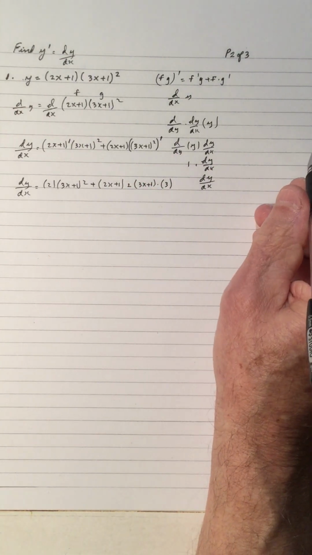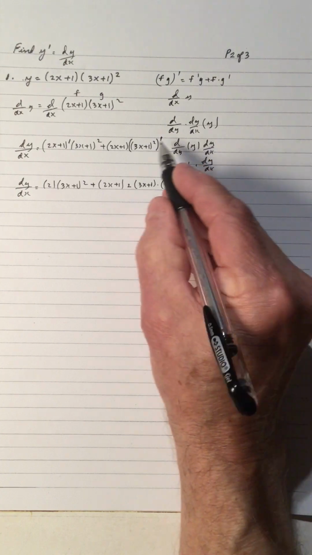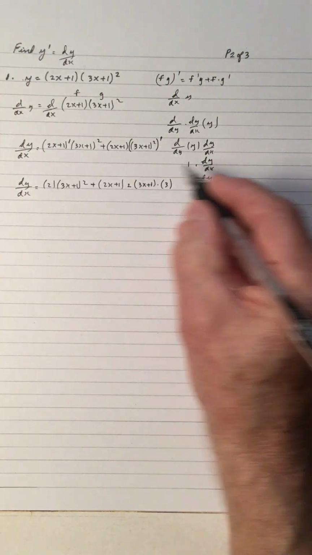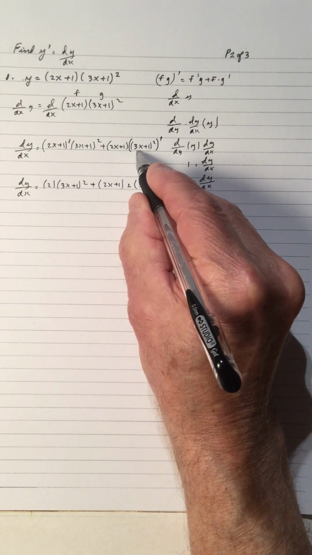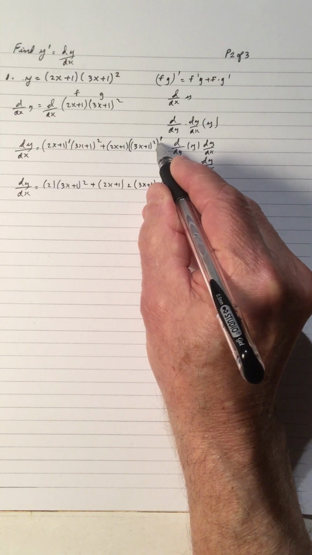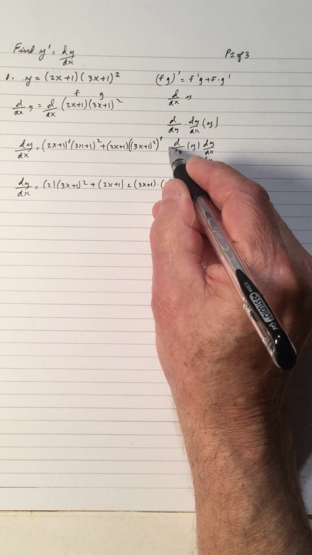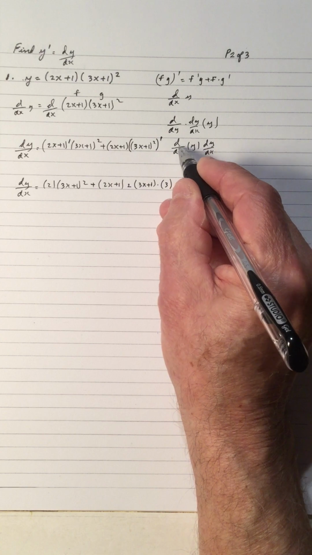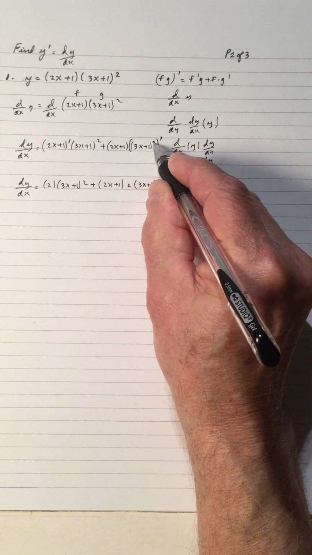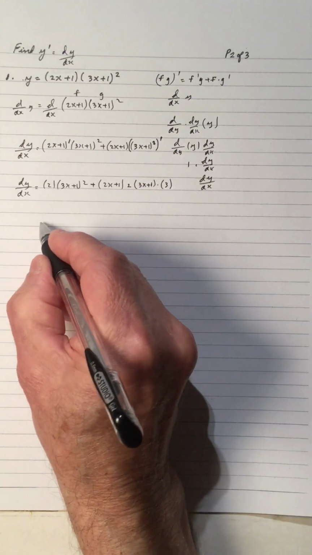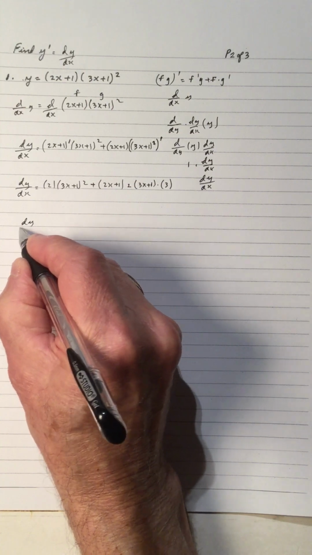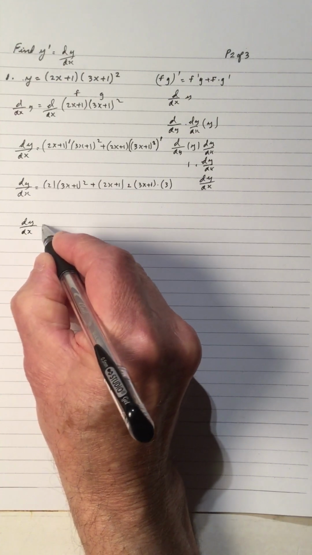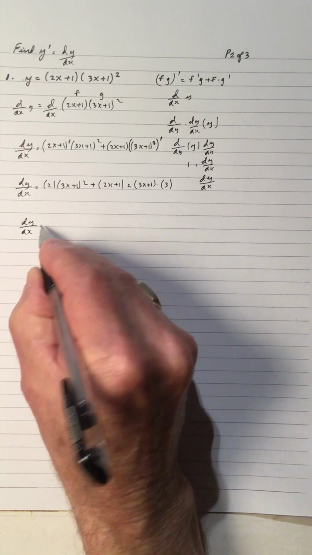So I took a little tiny shortcut there. I didn't show you 3x plus 1 squared derivative times 3x plus 1 derivative. So I do the square first and then the inside after. So dy dx, which is y prime, gives us